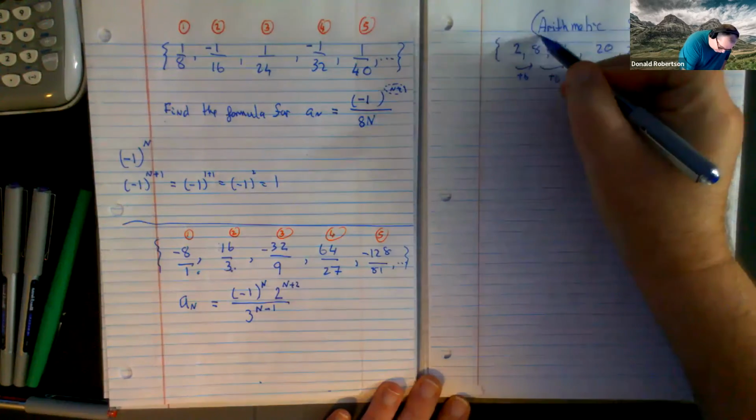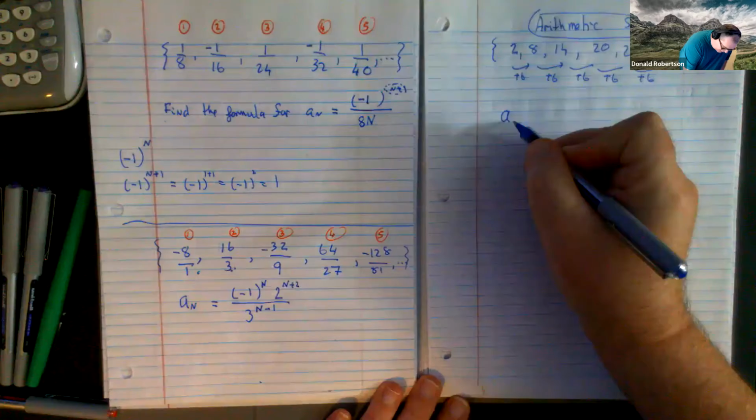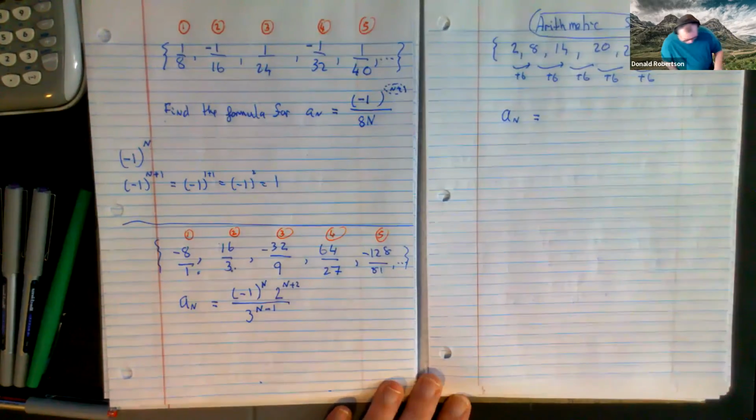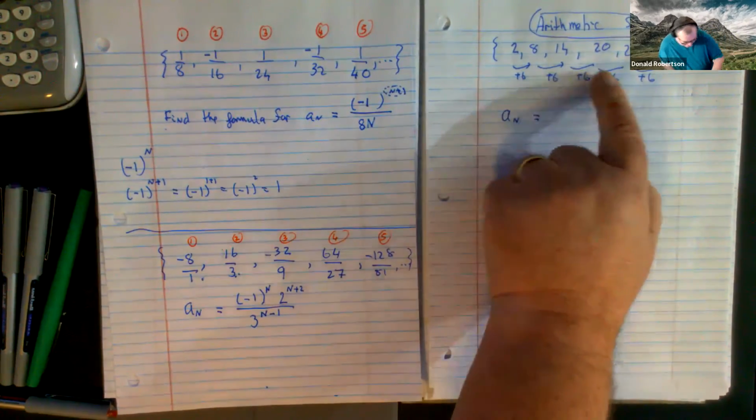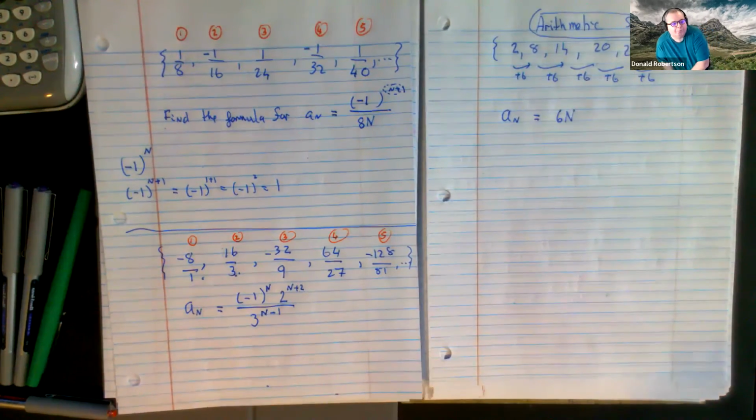And it's helpful if you recognize that it's an arithmetic sequence, because it helps you get the formula. If you add 6 each time, the formula is always going to be 6n